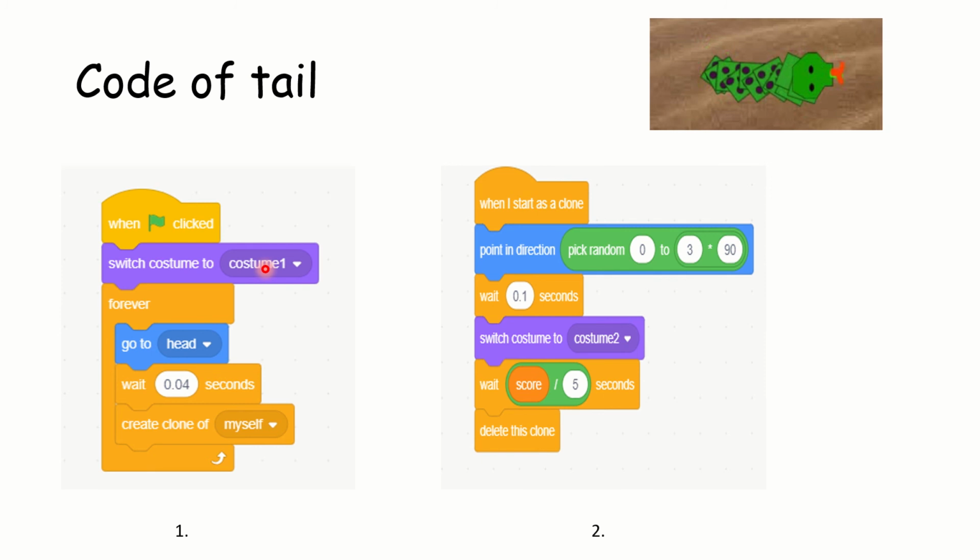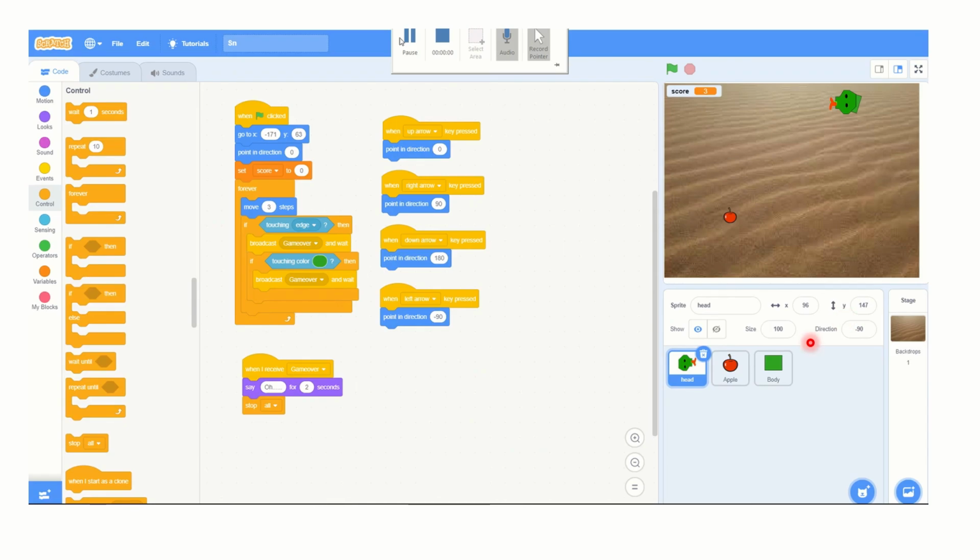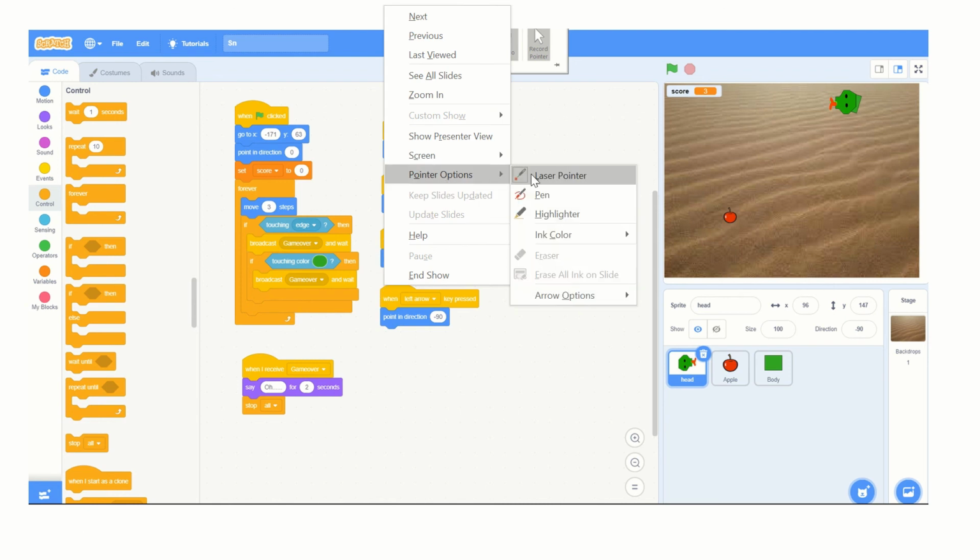Here I have got a costume 1, I switch to costume 1, and then I switch to costume 2. It is not required, but even if you are not choosing costume 2, you can keep expanding the same costume 1 as a tail. This is just to tell you that we have got a different costume over there, and that's also easy to do. Now it's time for us to go through and see how exactly the demo is coming.